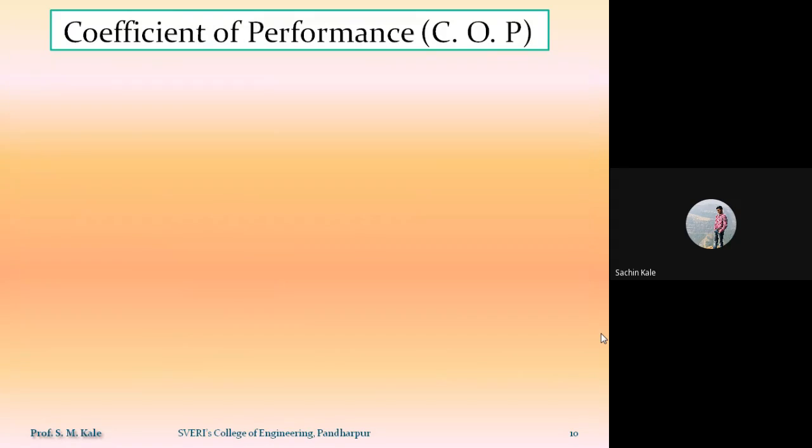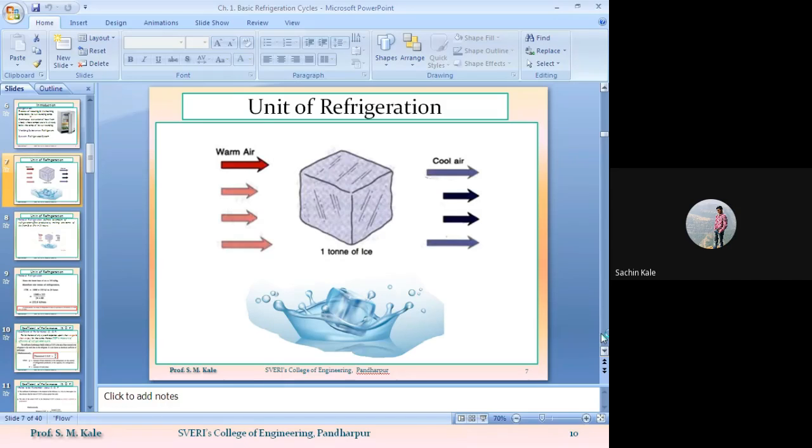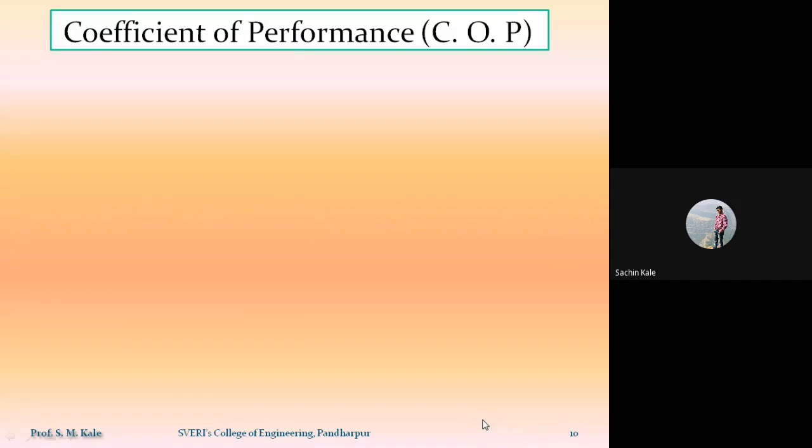So now the next point is coefficient of performance. As we know, for measuring the performance of any machine, we use the term efficiency. You have seen the heat engine, and to measure the performance of a heat engine, you were using the term efficiency. And we know that the efficiency of any machine is nothing but,